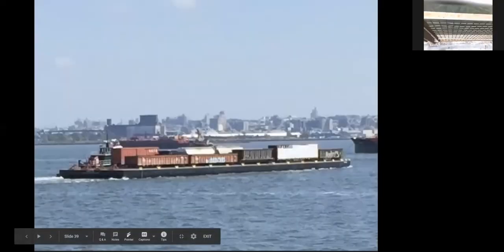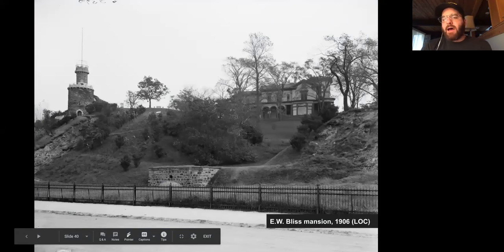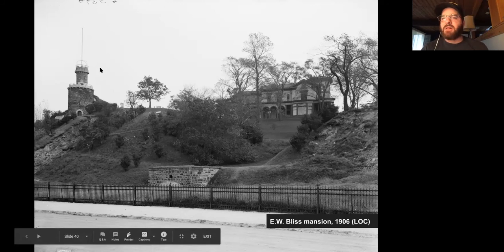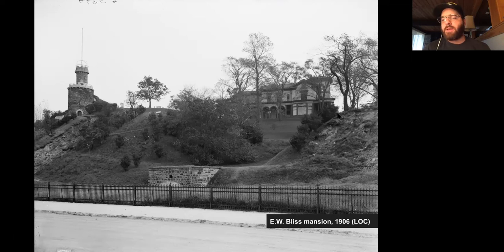Oh, here we can see one of the car floats, but this was his estate. And so he actually bequeathed it to the city of New York. And after a long court battle with his widow, who didn't necessarily want to give up the property, it was eventually taken by the city of New York, but they did knock down all of the buildings. So you can see this sort of Victorian folly castle over here and the main manor house up there. Those are all gone. But it's still this beautiful green space in Bay Ridge that offers wonderful views of Manhattan,